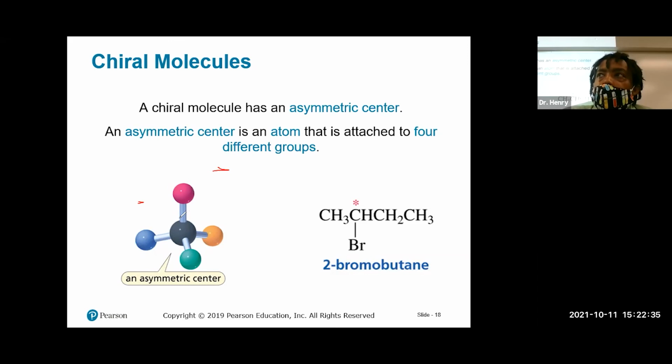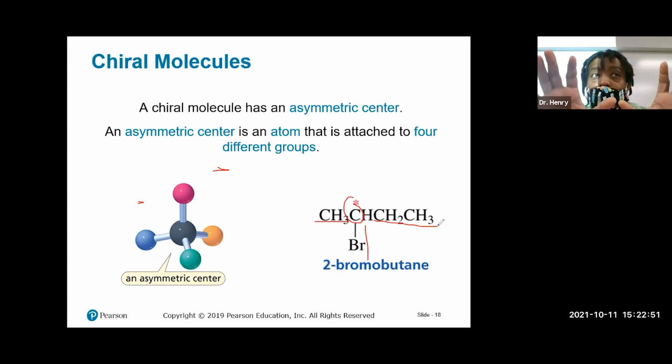Okay. So if you guys remember, this guy would be considered asymmetric, right? Here's your center carbon. We have a methyl group here. We have a bromine group here. All right. So it lacks symmetry. In this case, we're literally talking direct symmetry, right? Okay. So this guy would be definitely asymmetrical without a doubt. Because we have four different things attached.